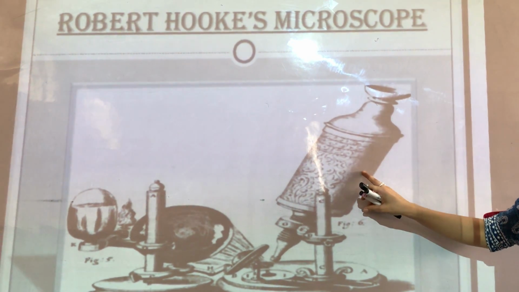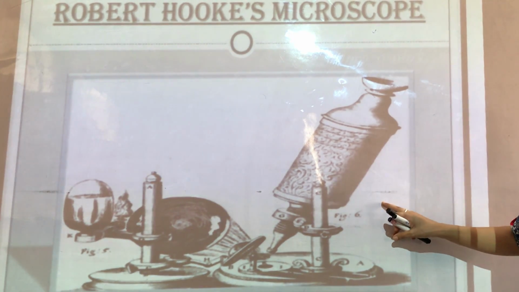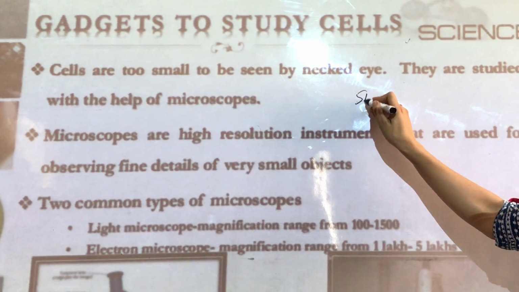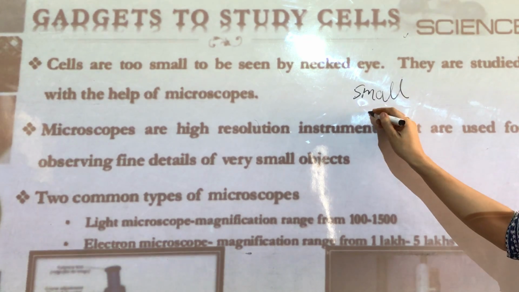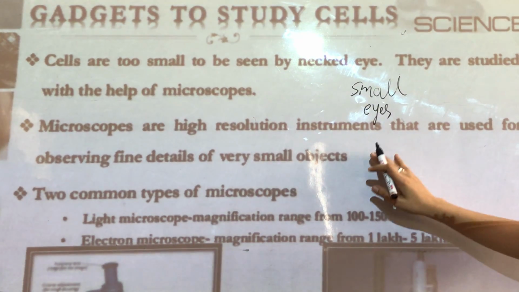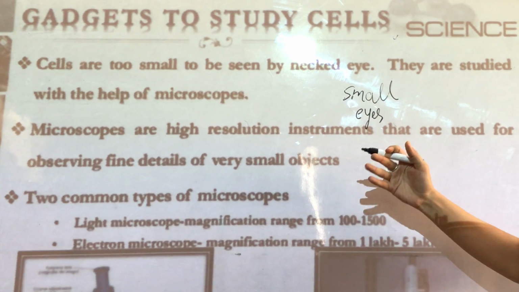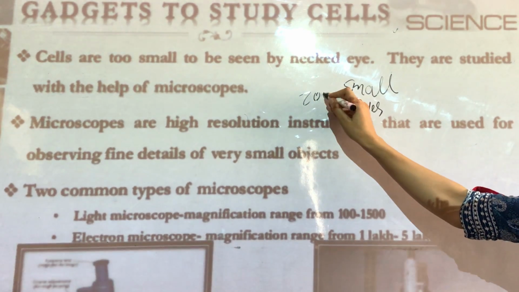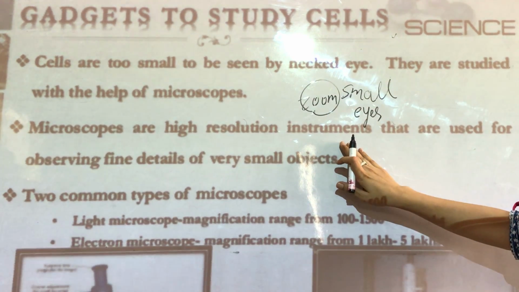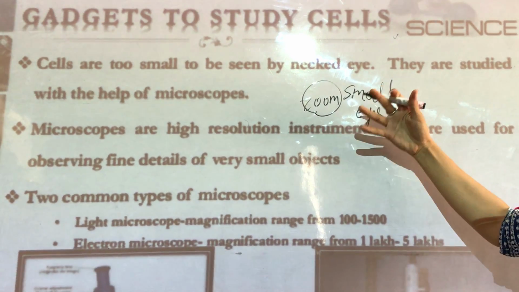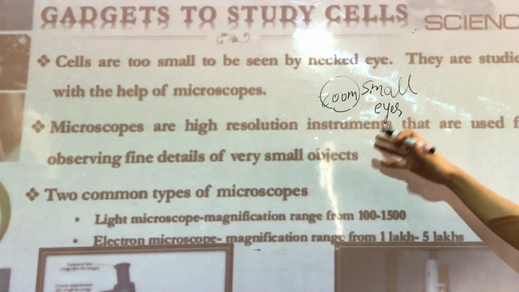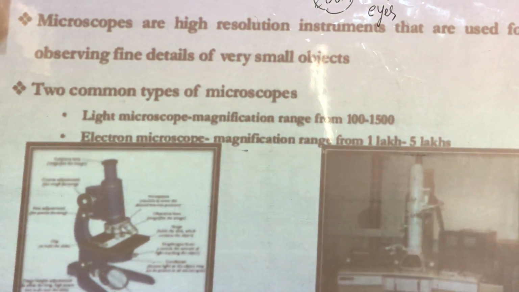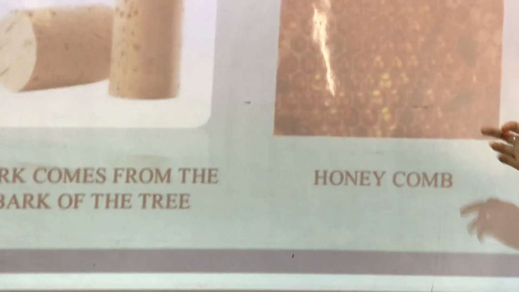Okay, so do you know what a microscope is? For those of you who don't know, children, we all know that there are a few things which are very small in size. We cannot see them with our naked eyes. So we need to use some instruments which have high resolution and can zoom in on anything many times over. These instruments, used for getting a high-resolution view of any substance, matter or thing, are called microscopes. With the help of such a microscope, Robert Hooke was observing the bark of a tree.